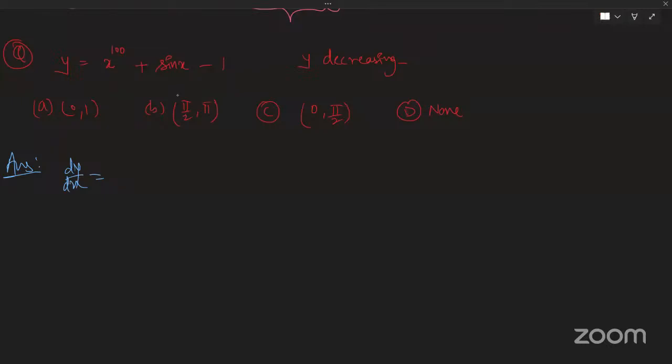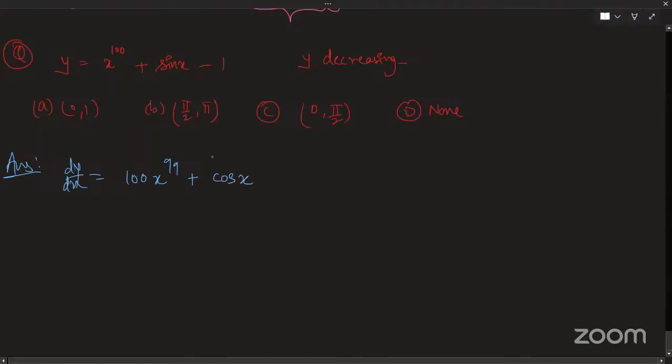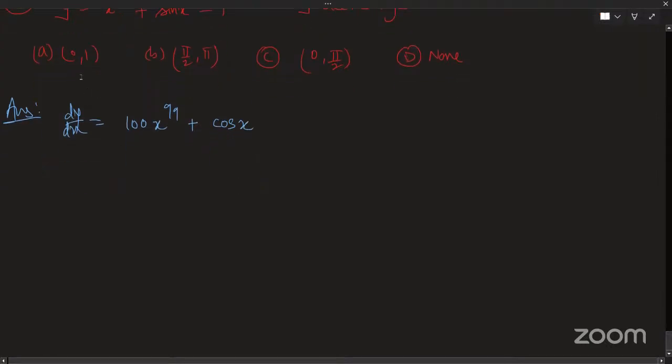100 into x raised to 99 plus cos x. Okay, correct. So let us have a look between all of them. If you look at the first interval, it is 0 to 1. So between 0 and 1, both your x raised to 99 and cos x